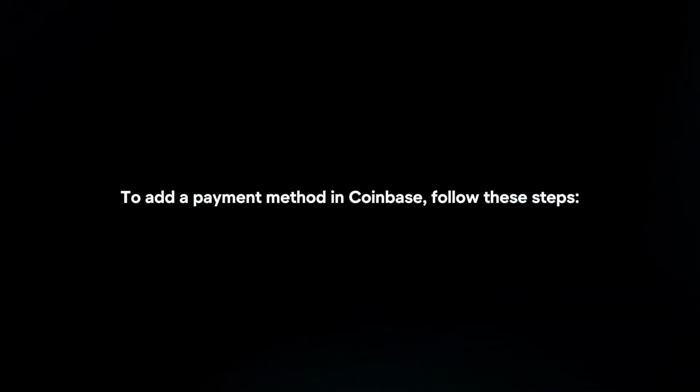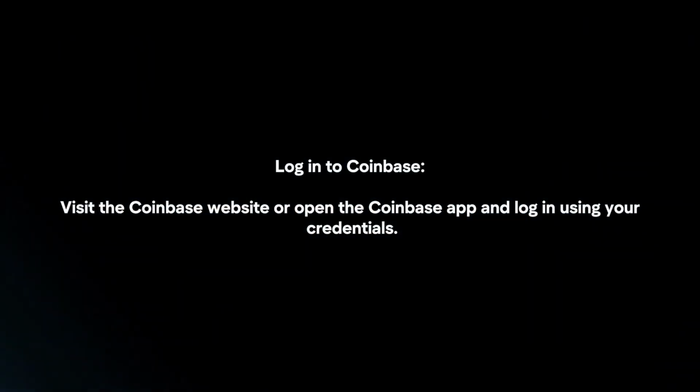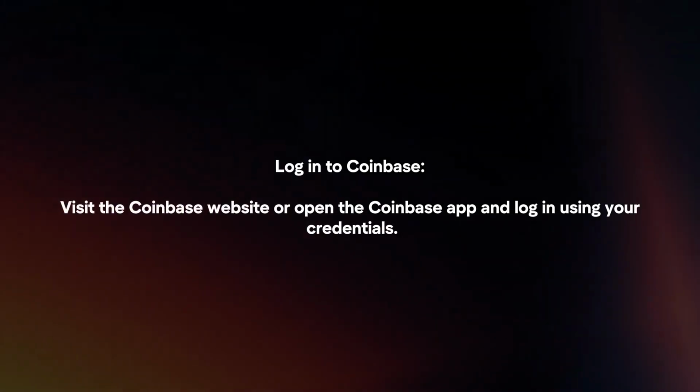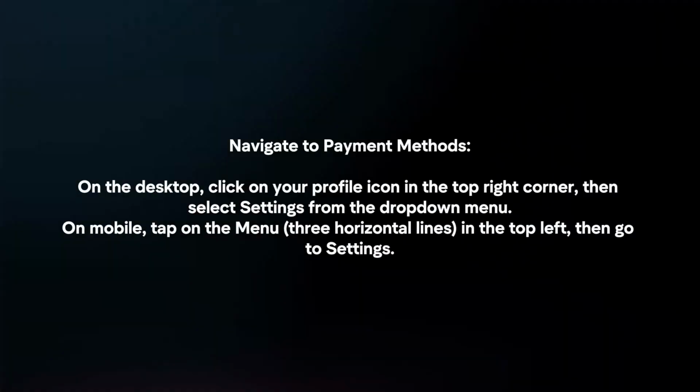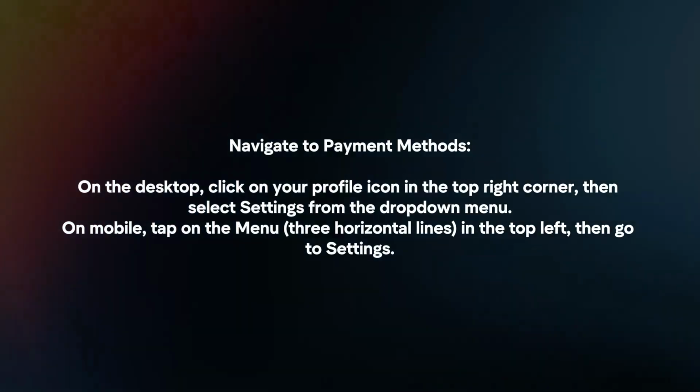To add the payment method in Coinbase, follow these steps. Log into Coinbase. Visit the Coinbase website or open the Coinbase app and log in using your credentials. Navigate to Payment Methods. On the desktop, click on your profile icon in the top right corner, then select Settings